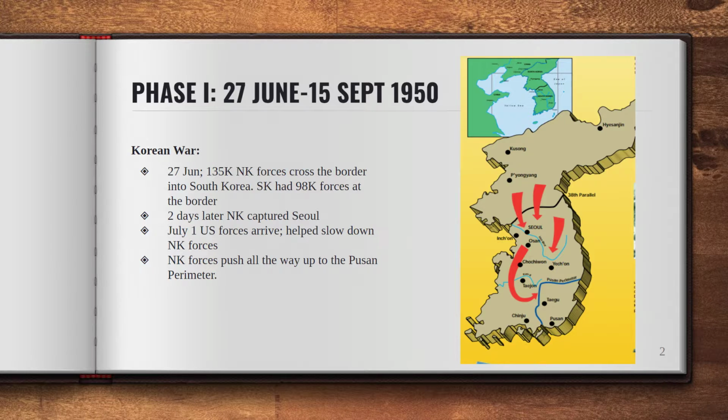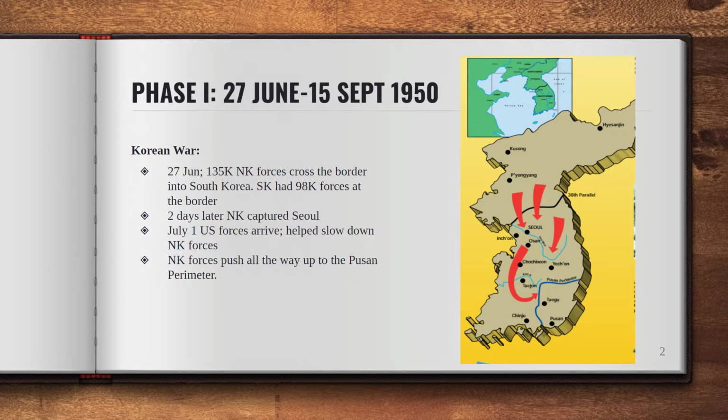So on the first day, you get 135,000 North Korean forces that crossed the border into South Korea. So they began their invasion, and South Korea had 98,000 forces at the border. And literally just 2 days later, they caught them by surprise and captured the capital city of